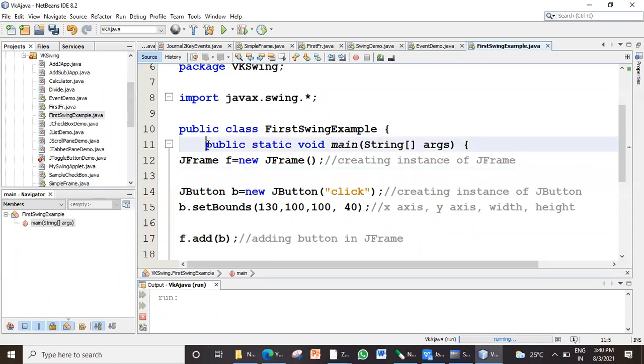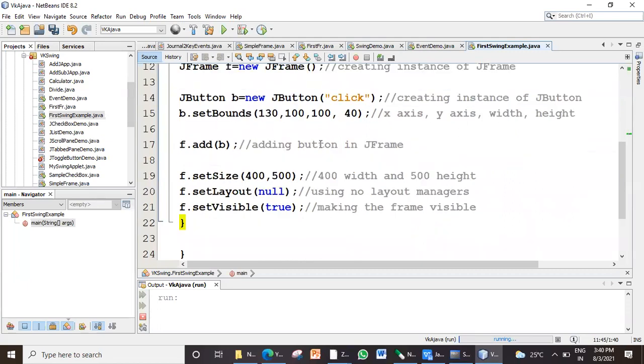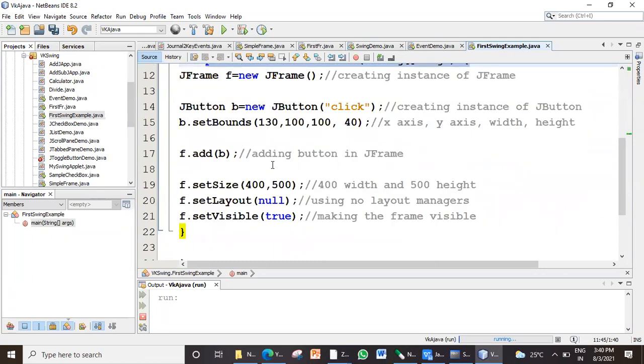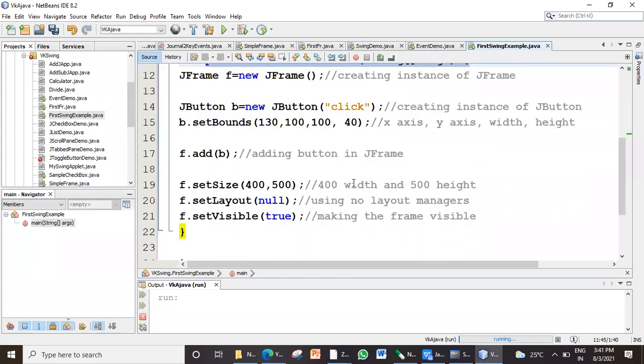This is an application. In this I have just a frame on which I have a button. The button does not respond to events because we have not implemented event handling here. So now my question to Sai Prakash: how can I implement event handling? Just dictate the lines, what I should do.